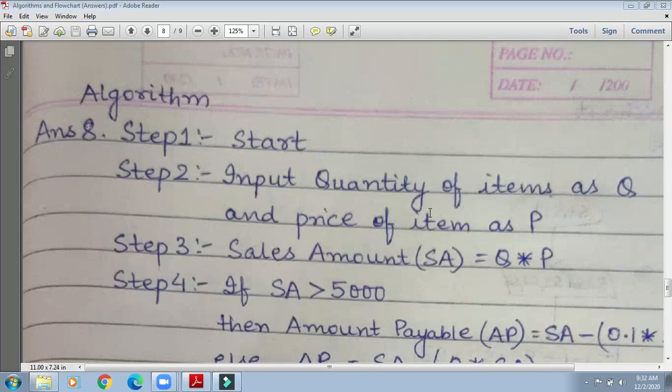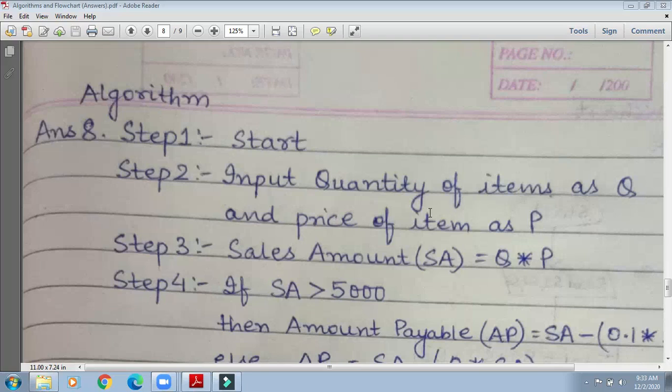Now he will get a discount. If sales amount, means the purchasing, is greater than 5000, then he will get a discount of 10%. Otherwise, if the purchasing is not greater than 5000, he will not get a discount. Discount will be 0%. Okay.